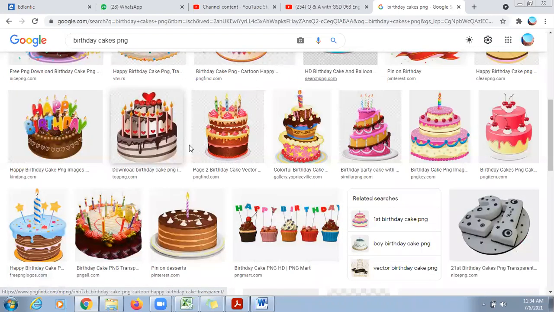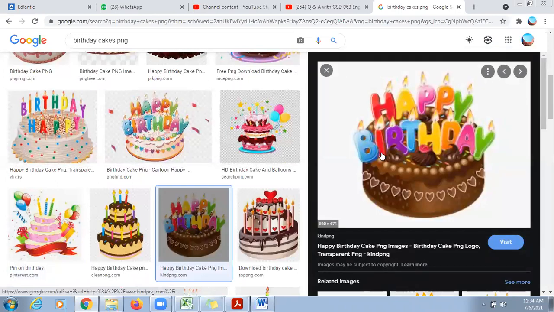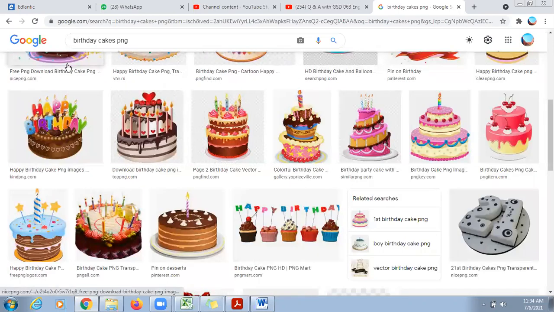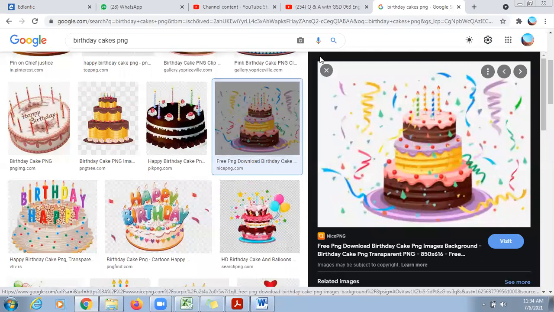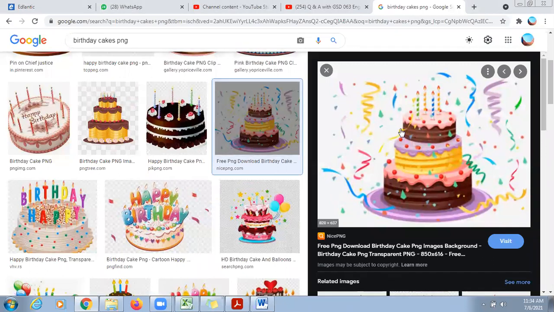No, this is not a PNG image. This is also not a PNG one. This is also not a PNG.